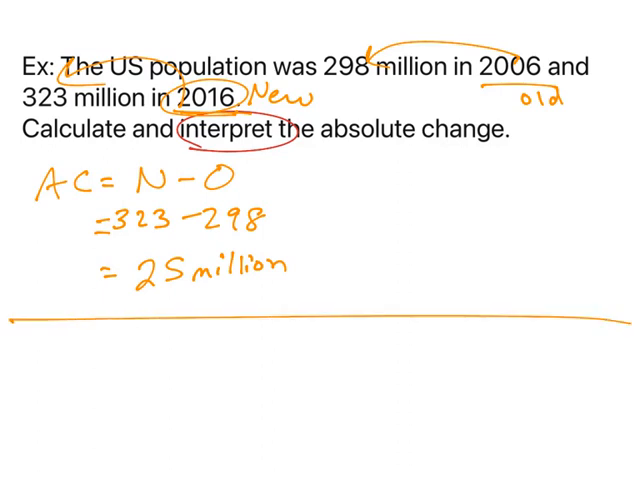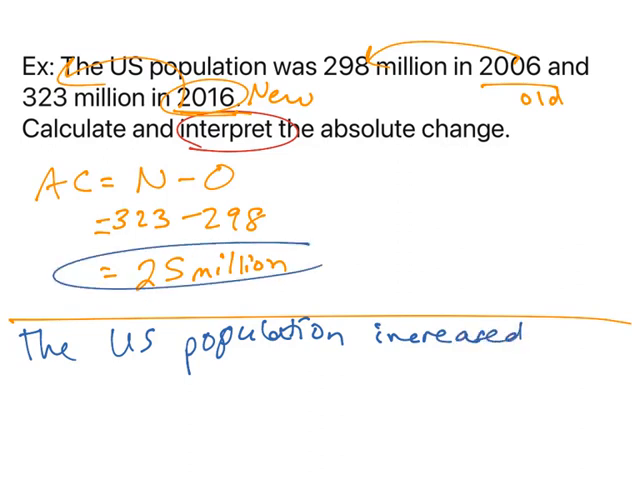So the interpretation of this means the U.S., because what are we talking about? We're talking about the U.S. population, and what about that population? Increased. How do I know it increased? Because my absolute change was positive, right? The numbers went up. So the U.S. population increased 25 million